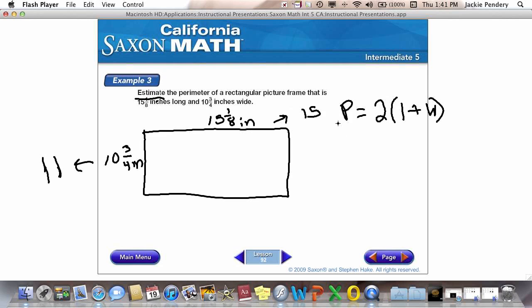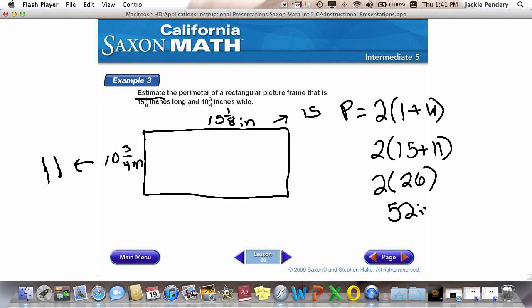Okay? So I have 2 times 15 plus 11, 2 times 26. Notice I'm keeping the parentheses because I am multiplying. And 2 times 26 is